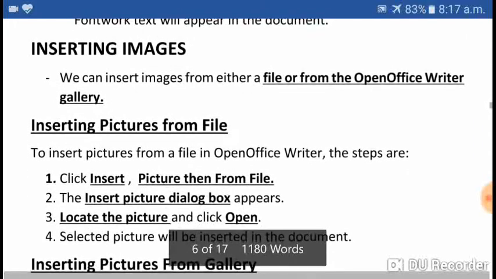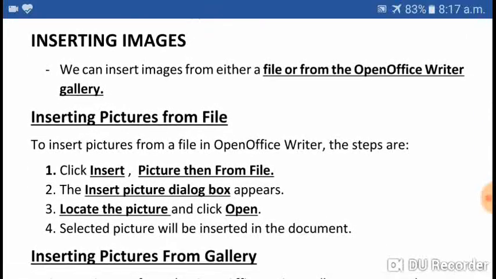Now next, let us discuss inserting images. Sometimes we need images with our text also. In the presentation, within the text, to explain something, we want to insert images. Like in these notes, I have inserted number of images at required places. So in a similar way, if you want to insert an image, yes, we can insert an image.